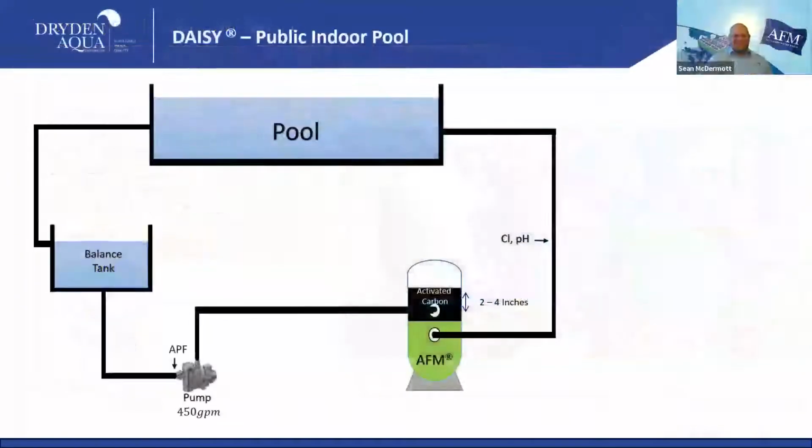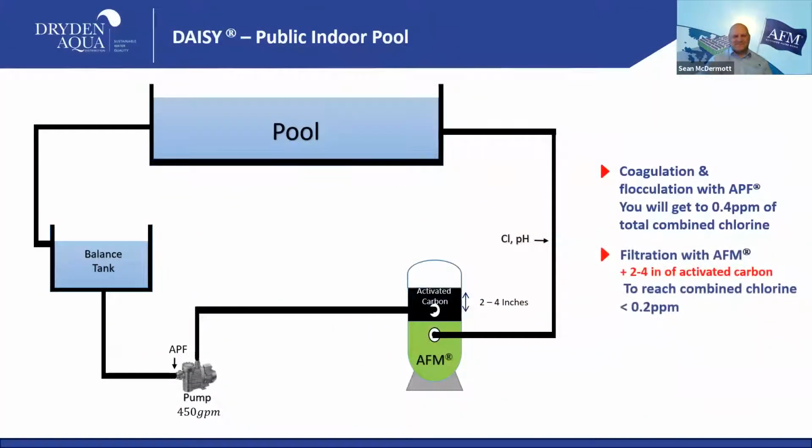Okay, so let's move to indoor pools. One of the first things is that you don't have a sun. You're missing the big UV system called the sun. So you have to do something about combined chlorines. If you don't do anything, you will be at 0.3, 0.4. If you follow our rules, our sessions, you will be there, but you will not be at 0.2. If you have to go to 0.2, you have